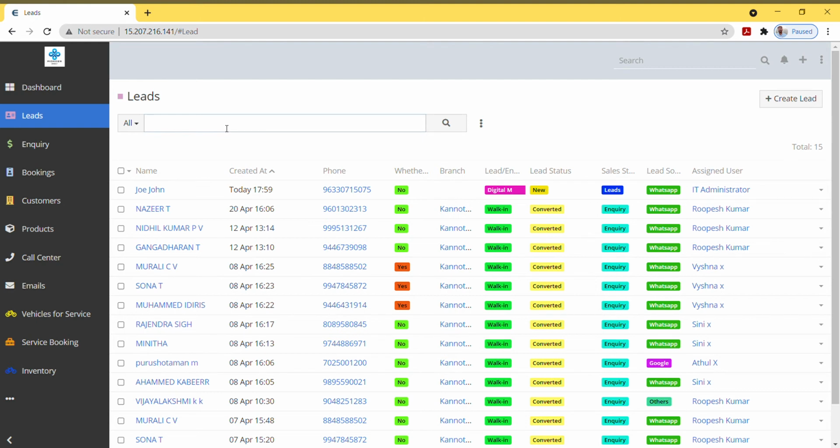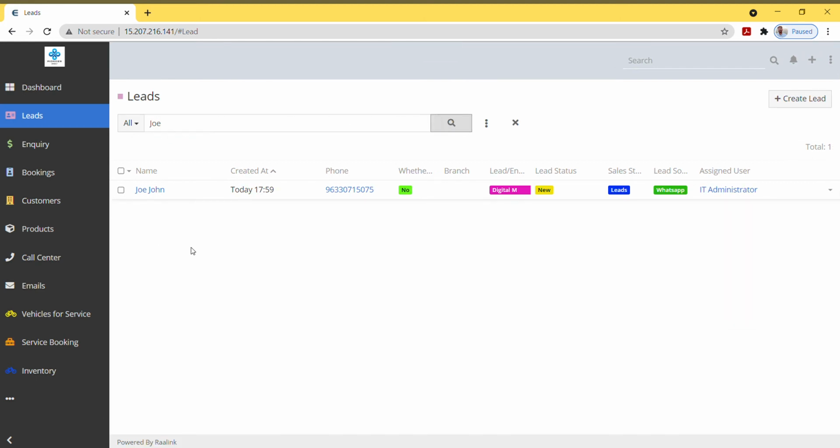For example, you need all the leads with the name Joe. So you enter that particular name and click on the search button, and all the leads with the name Joe will be available. And you can reset this search by clicking on the reset button towards the right side of the search panel.